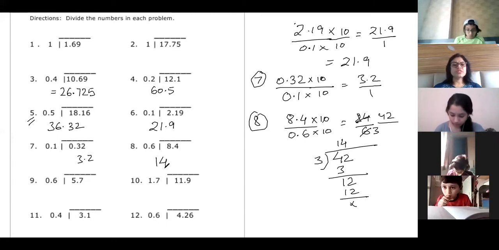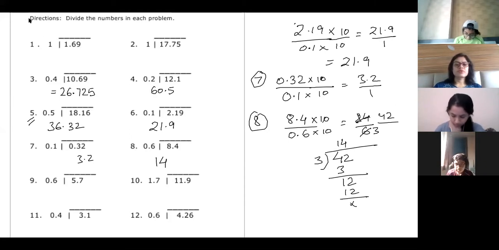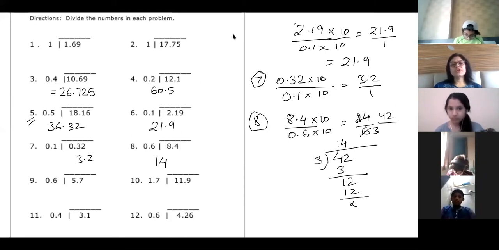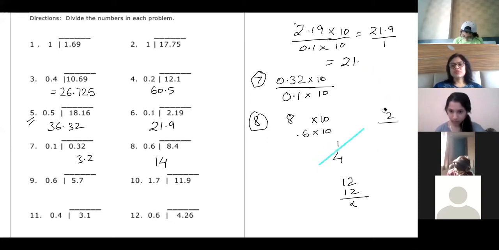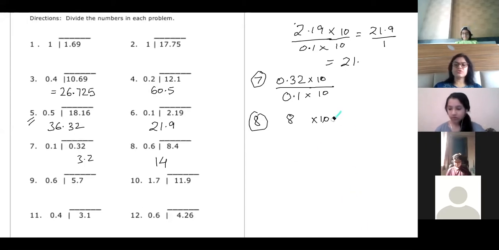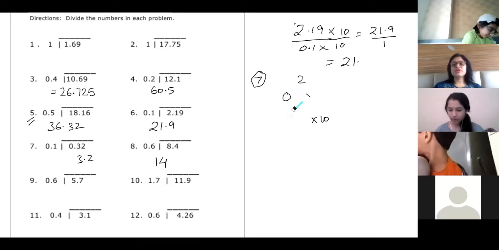Yes, Humaira, can you hear me? Ma'am, what about the point, ma'am? In this question, you're not getting a point. You can get a whole number as the answer also because you got a zero remainder. Ma'am, this is dividing a decimal by a whole number, so you can get a whole number quotient also. Not necessarily you will get this thing.